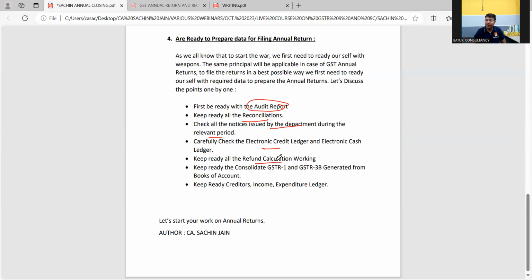Keep ready the consolidated GSTR 1 and 3B return generated from the books of accounts. Each and every accounting software is going to generate the GSTR 1 and 3B return on a consolidated basis. You need to take that consolidation so that you can easily compare the annual data from the GST returns. Keep ready the creditors ledger so that you get the idea that the taxpayer makes the payment within 180 days